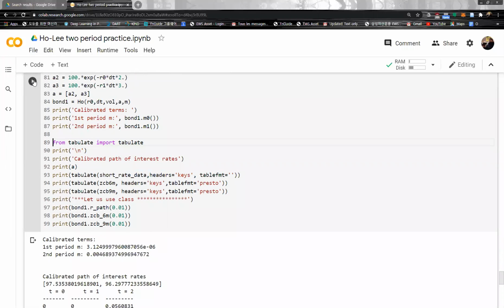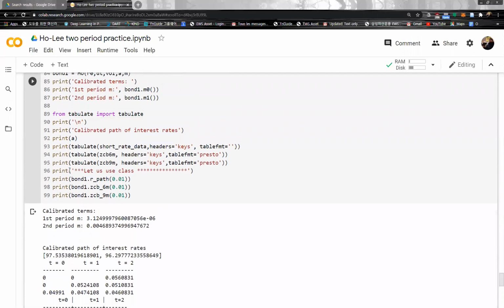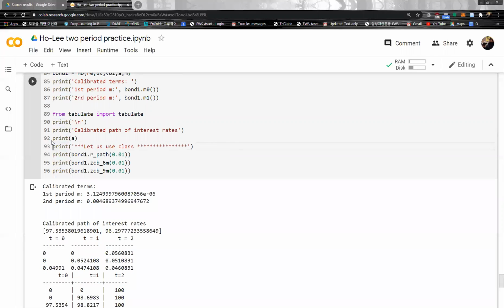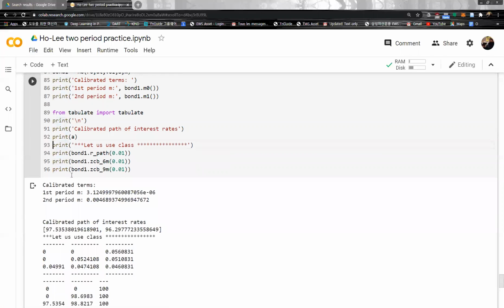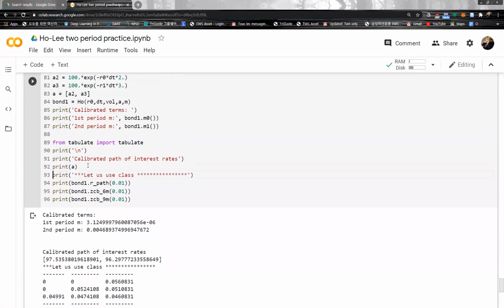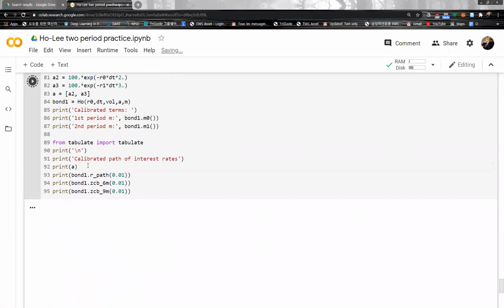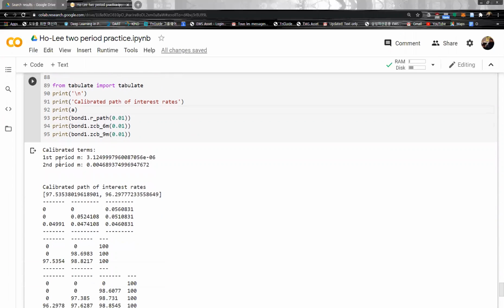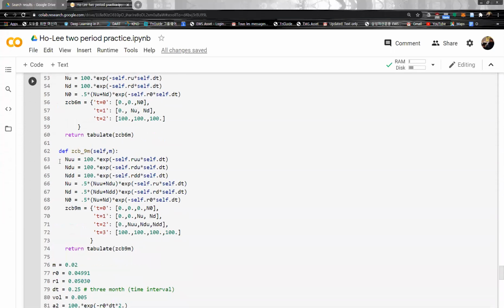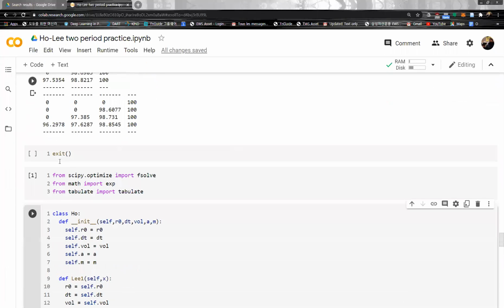And then tabulate. We don't need this one. Okay. Actually, everything is now class. So delete this one. Good. Okay. To check it, let me